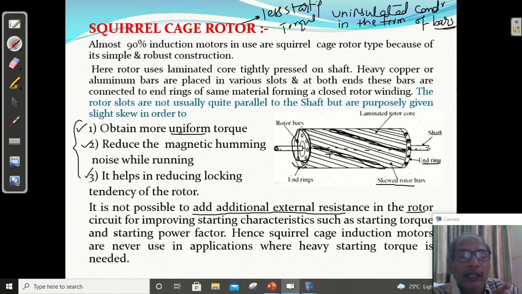अगर आपको टार्क बढ़ाना है तो आपको रेजिस्टेंस सेट करना है, और सिंस रोटर वाइंडिंग क्या है, दोनों एंड क्या है, शॉर्ट है डायरेक्टली, and because of that reason you can't insert additional resistance in the rotor circuit, so starting torque will be less in case of induction motor. तो एप्लीकेशन में कहा जहां आपको स्टार्टिंग टॉर्क ज्यादा लगता है या यू हैव टू वेरी इट, we can't use the squirrel cage induction motor. You can't control the speed also. We'll discuss this point later on again.